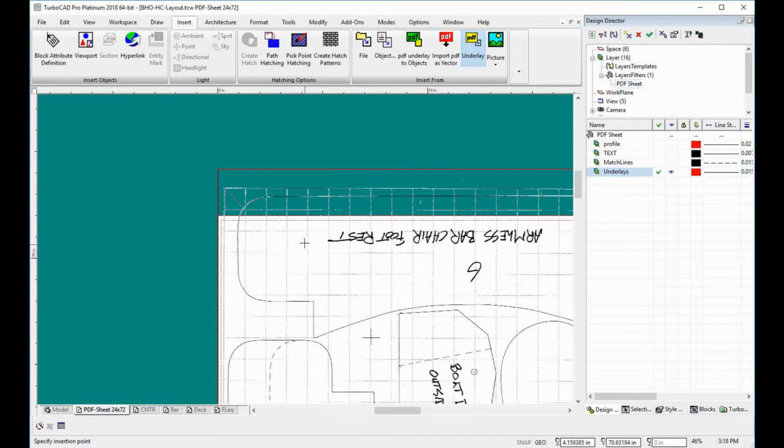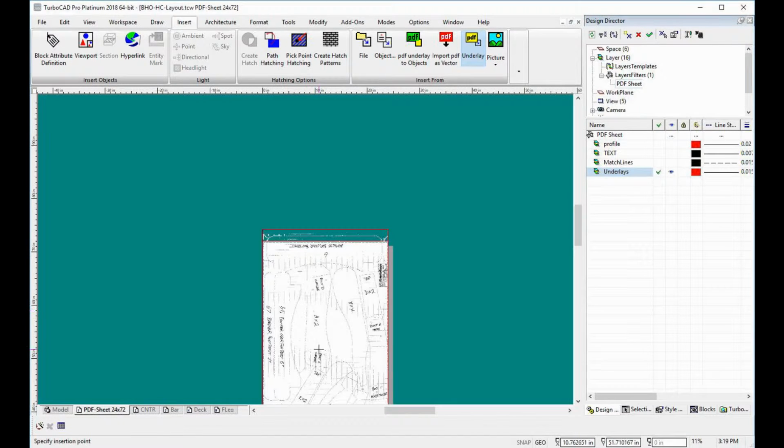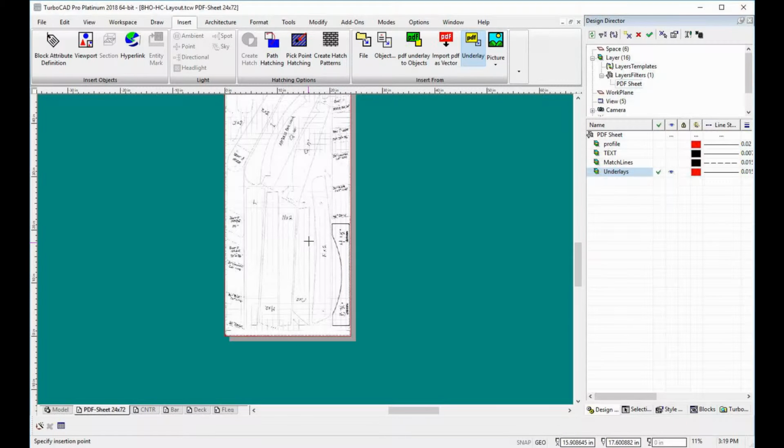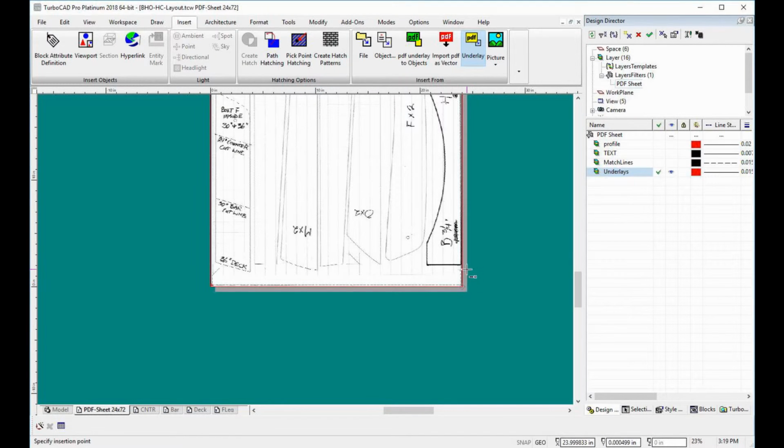So I have to basically lower the scan down onto the page, and if there is anything off in scale, I make those adjustments as we go. The best way to get an accurate scaling is to know where a couple of points are on the whole sheet, preferably minimum of 3 points, and knowing the distance between each point. If they are at a right triangle with each other, let's say I got 2 points, one here and one here. If they're perfectly horizontal on the paper, I can get the sheet oriented in my system horizontally here,